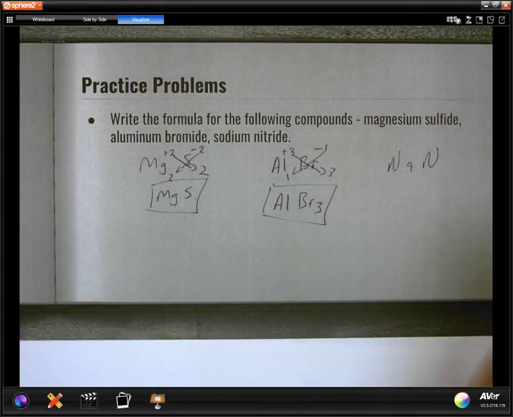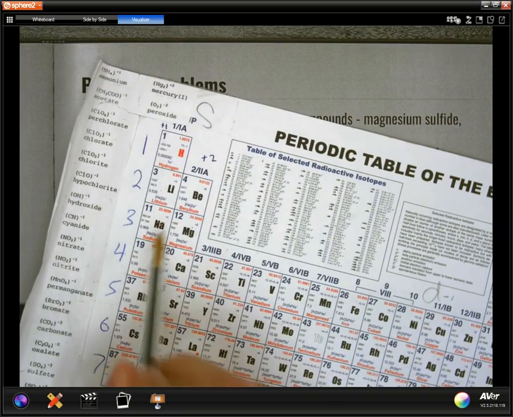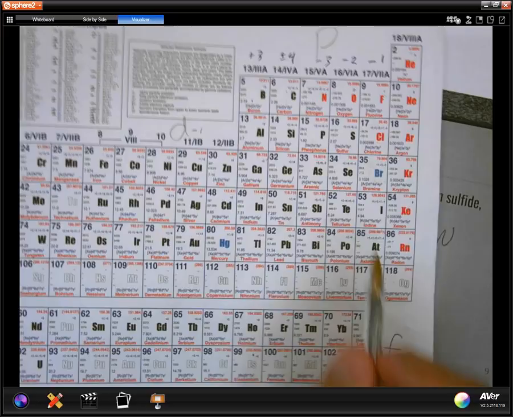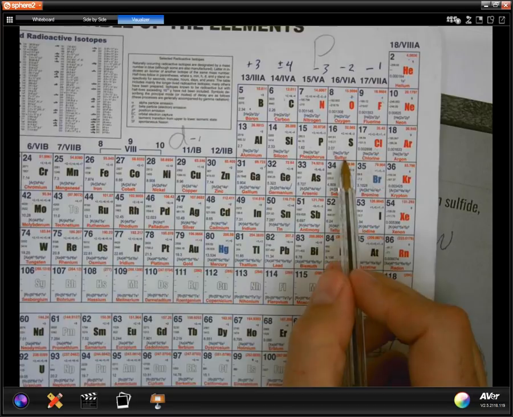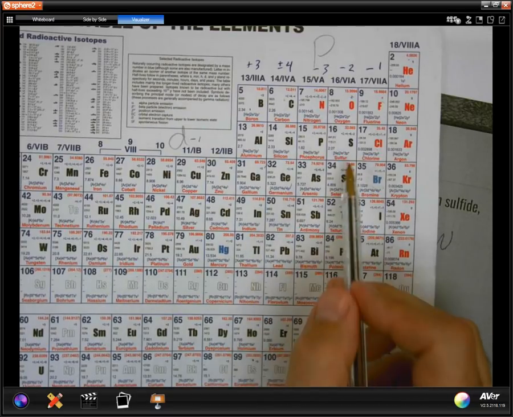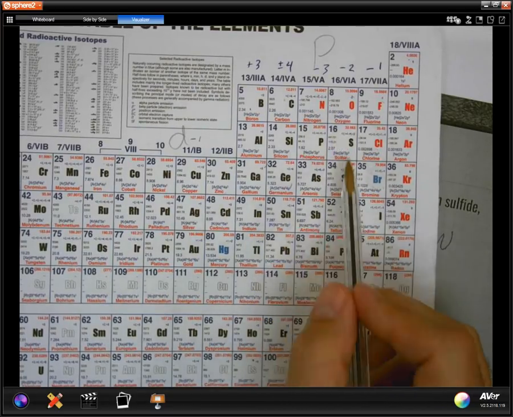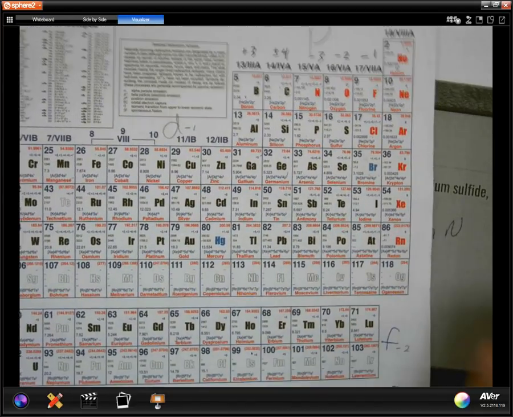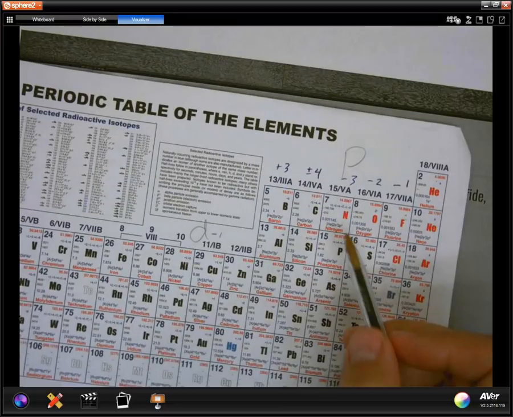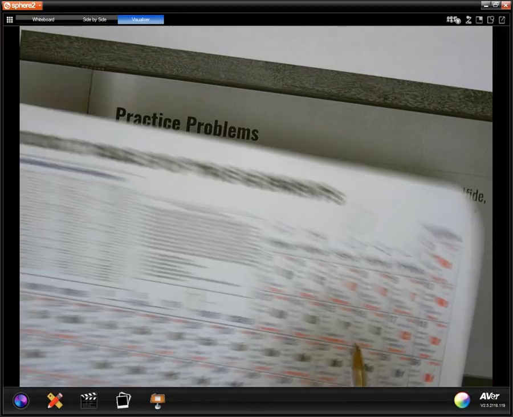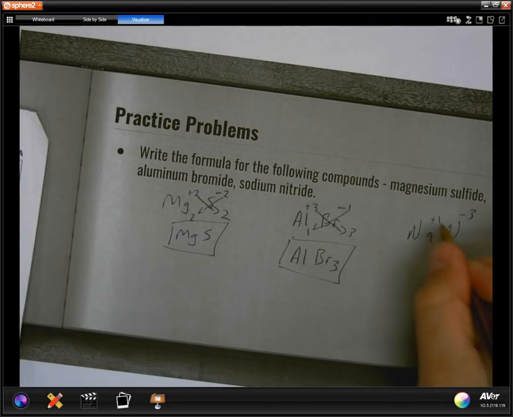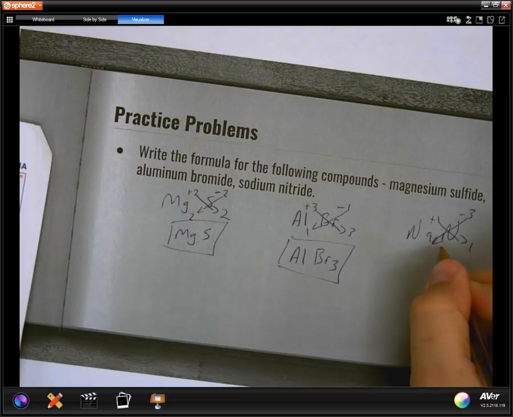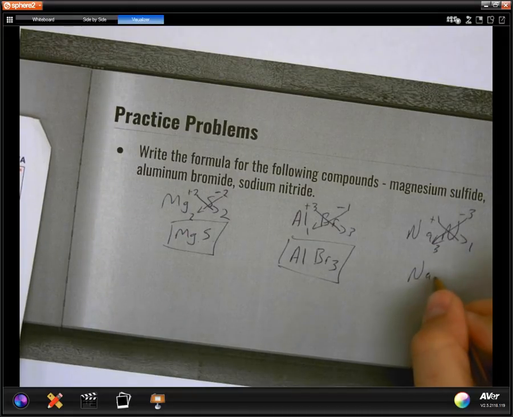Okay, sodium nitride. How do I know what sodium is? Sodium is right here. How do I know what nitride is? Nitride is just nitrogen when it's in ion form. Again, nitrogen, nitride, oxygen, oxide, sulfur, sulfide. Nitrogen, oxygen, sulfur are the element names. Nitride, oxide, sulfide are the ion name or the anion name. The charge, nitrogen has a -3. Sodium has a +1. Cross those values. So I get a 1 and a 3,